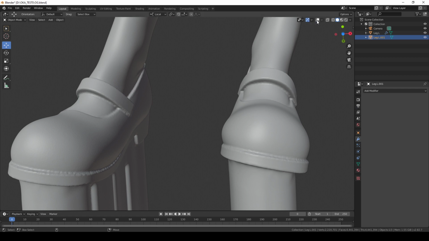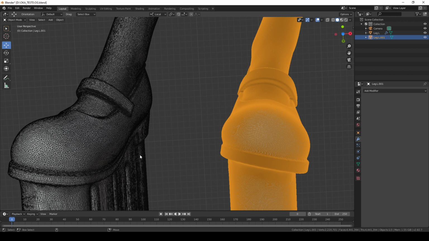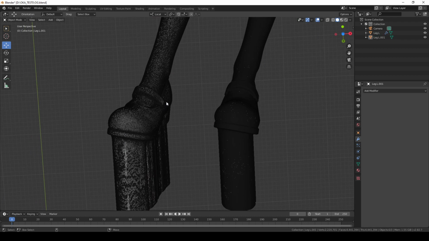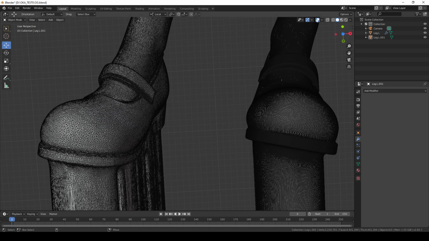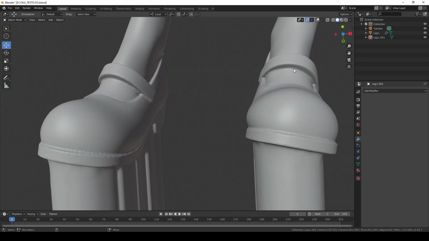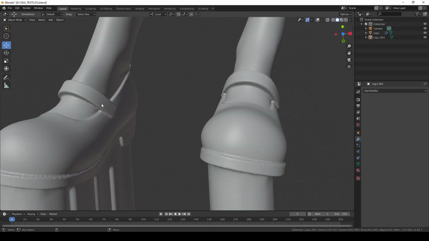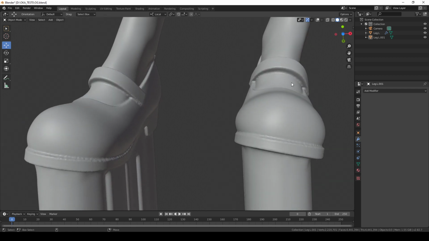I'm going to turn on the wireframe here. See, you see that this is a lot thicker, right? And this is a lot thinner. So at 4 million, the original one that we got, versus this, I think sooner or later, if we're going to do CNC, we're going to have to sand it anyway because of this. So it's possible. But for quickness's sake, I'm going to go down really low,